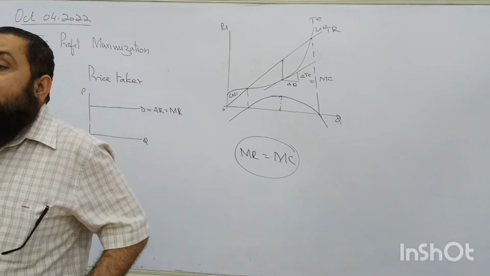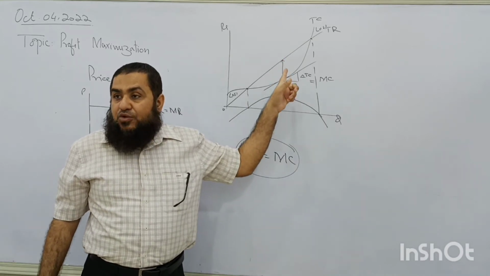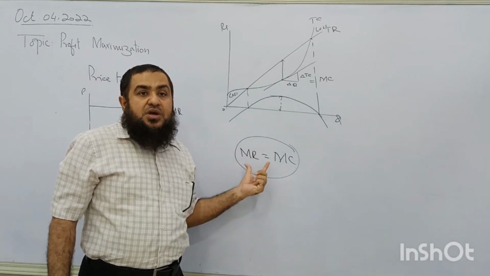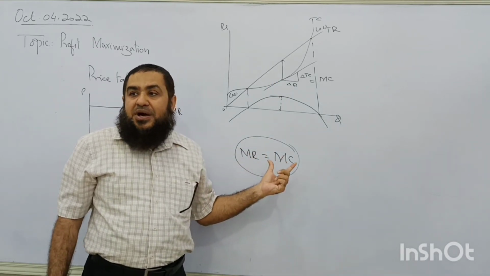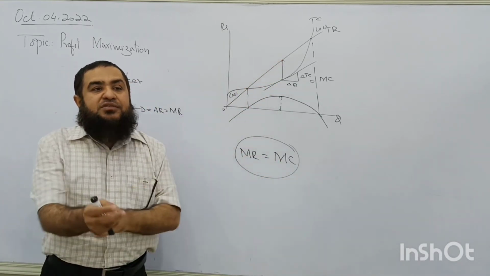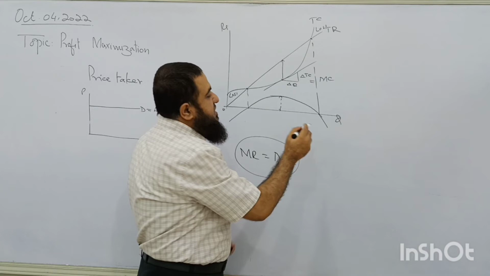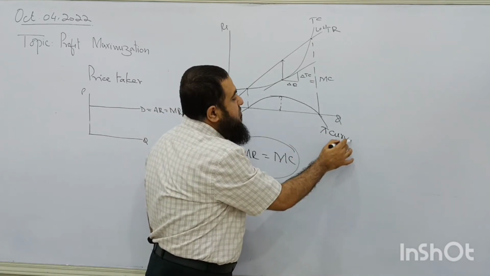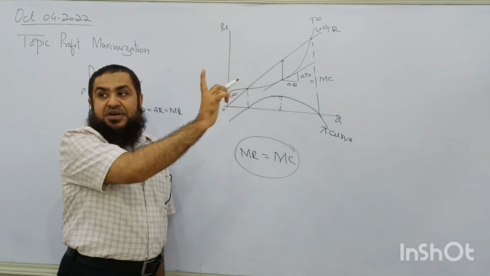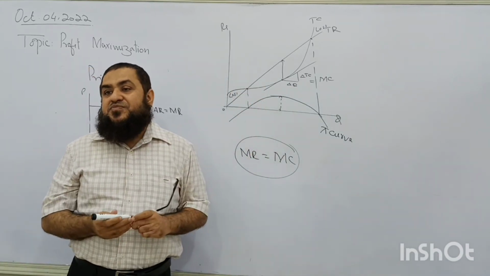Let me repeat. I am saying that when the slopes of total cost and total revenue are equal, slope of total revenue is called what? Marginal revenue, and slope of total cost is called marginal cost. When both are equal, we can easily see the gap between total revenue and total cost will be maximized. Below, what did I make? Profit curve. This is the profit curve. Alright. So you can see here slope is zero, or marginal profit is zero, but total profit is the maximum. This is what I say.